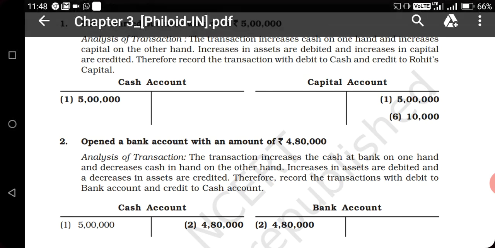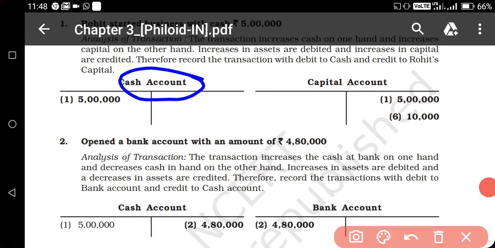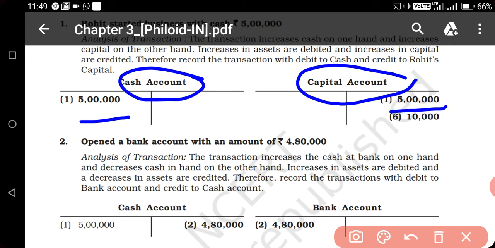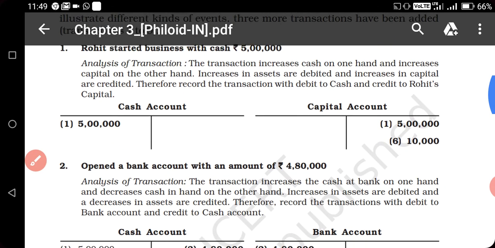One is the cash account. When cash comes inside the business, cash will be debited because cash is an asset. I told you earlier that if your assets improve, the debit side of the T-shape account will be improved. So that's why we indicate 5 lakh on the debit side. And see the other impact of this transaction on capital. This 5 lakh should be treated as capital for the business. So we will prepare the capital account, and capital every time indicates the credit balance. So rupees 5 lakh will be treated here as capital.